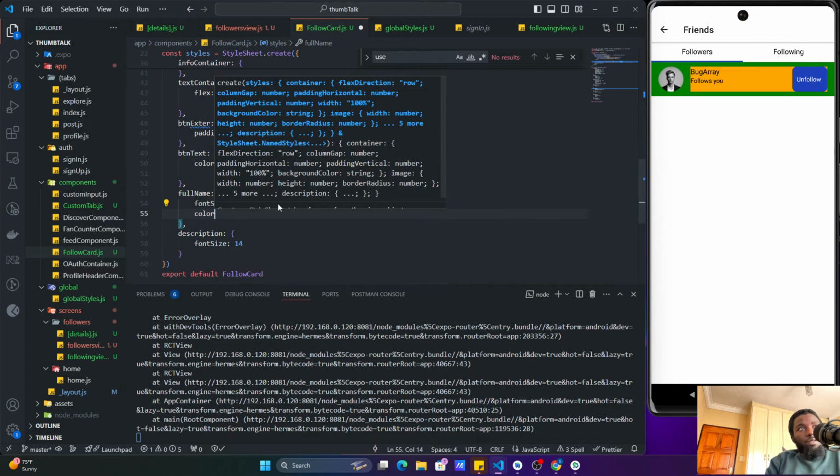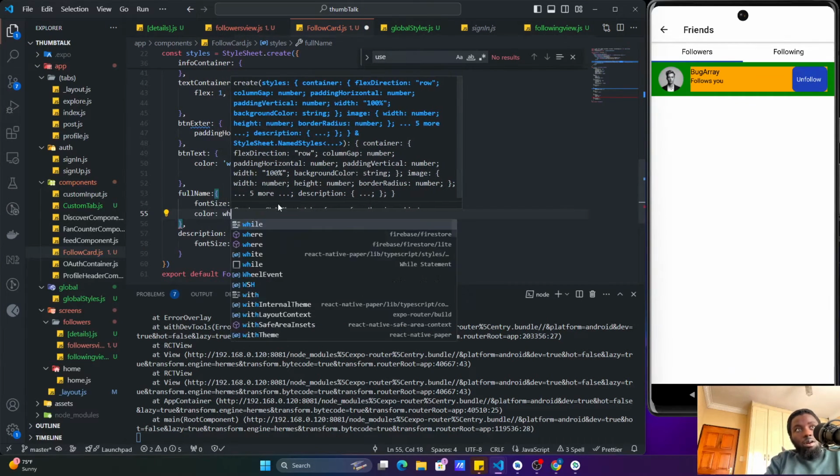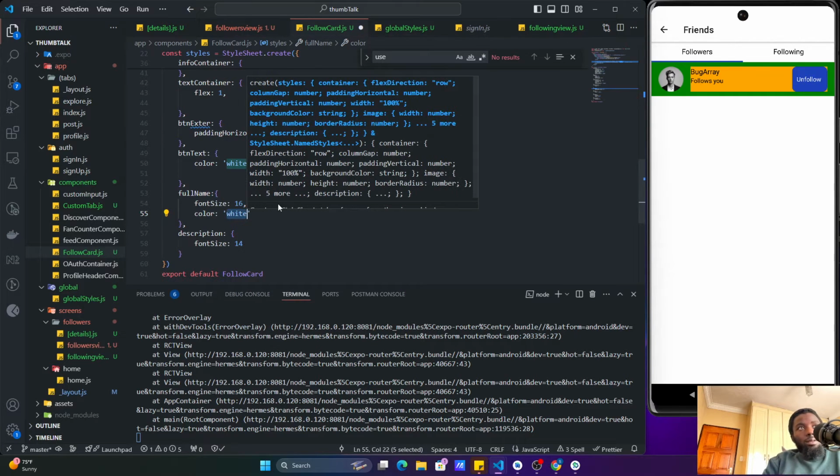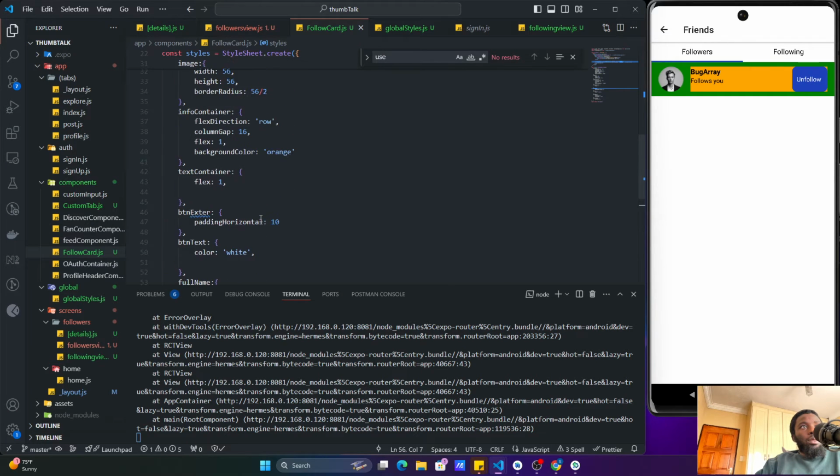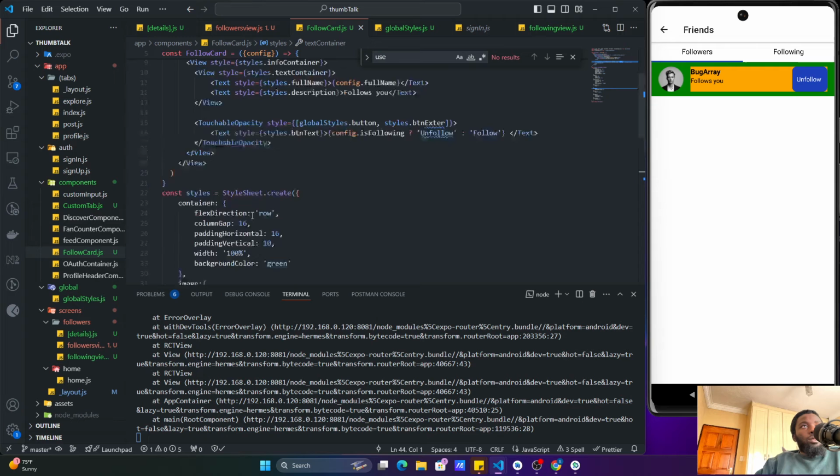This is going to have a color of white. Not a white color, actually, I want to set up a font weight, which is going to be bold. Okay, yeah, so this is a text